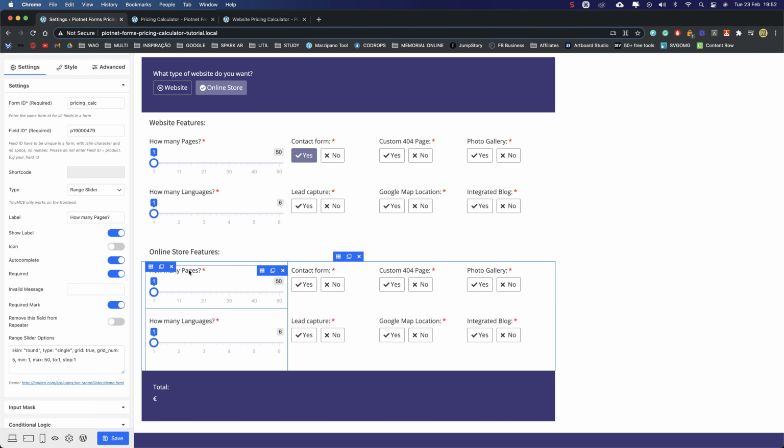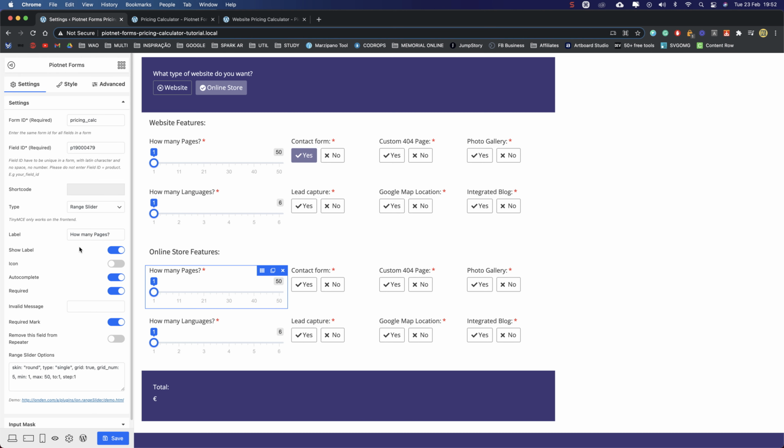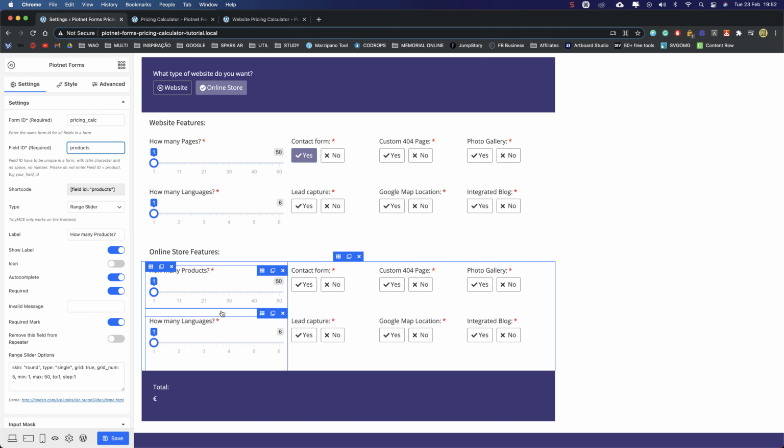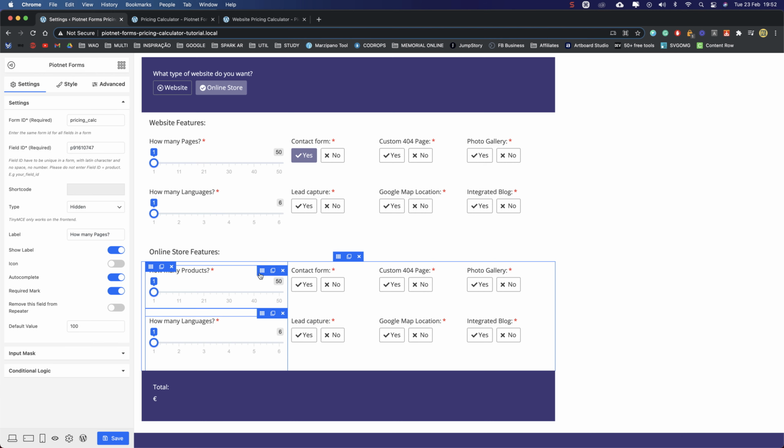Let's go here and start changing this content, because this is different. It's not going to be how many pages, it's going to be how many products, because products is specific to an online store. Okay, let's leave it at 50. You can change the quantity for whatever you want. Here let's write products, and don't forget that we have here also the hidden element for the price of the products.